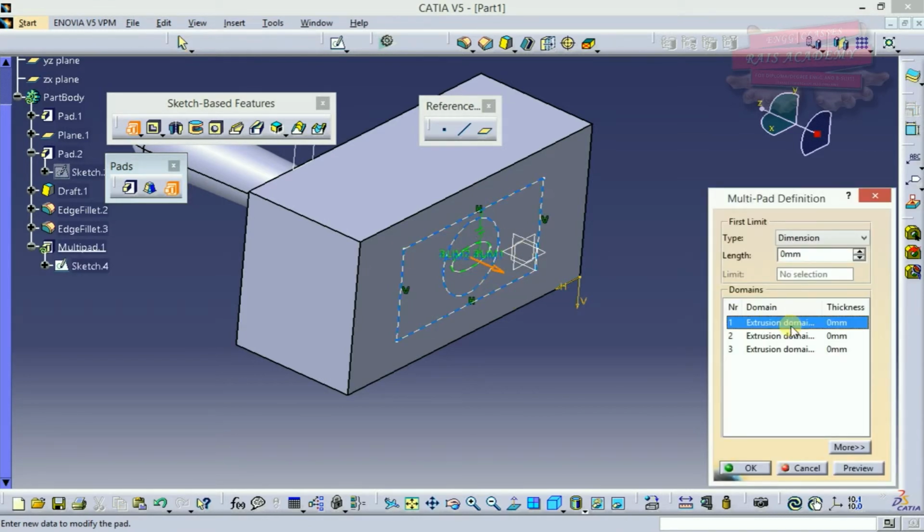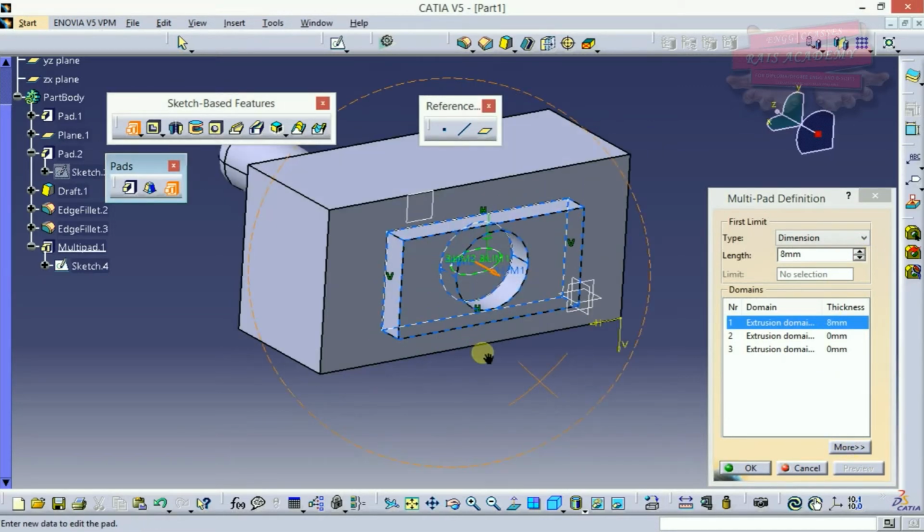Suppose if I select this first, the square is selected, inside the circle is selected, this one is not. Okay, so if I have selected this, if I increase the multipad option, it would get padded, preview.